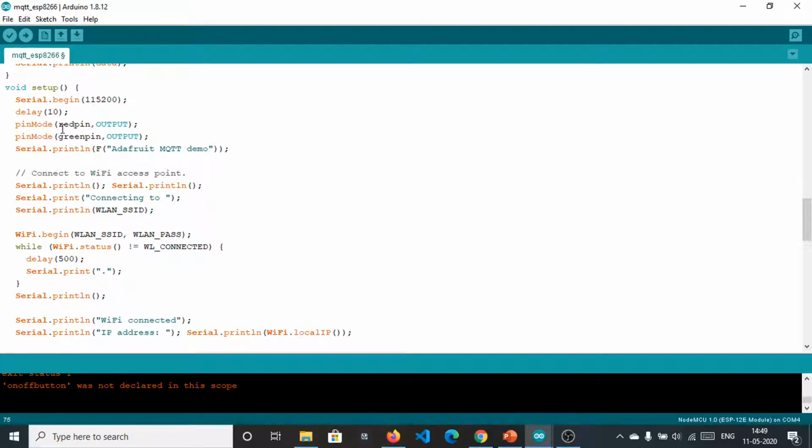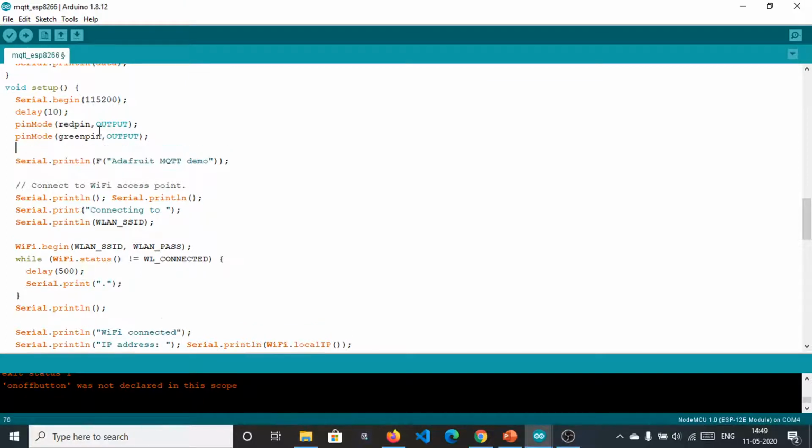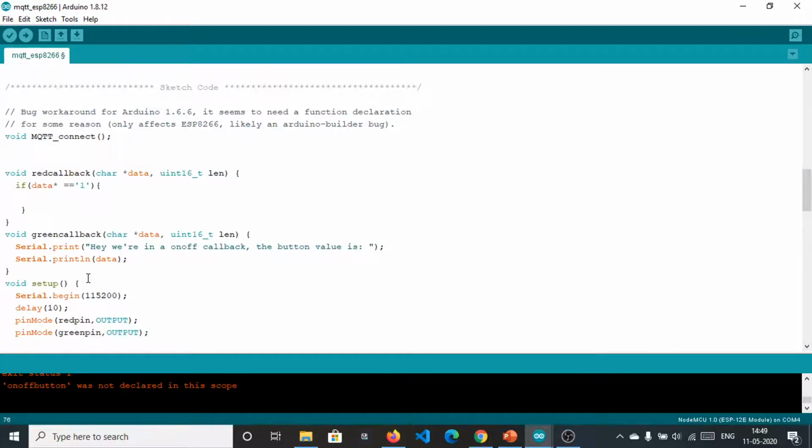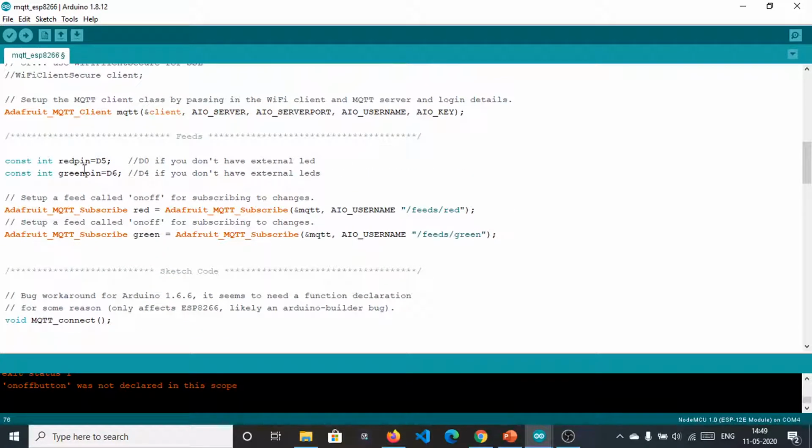If you are using any button or similar kind of input devices, you will define it as input. And if you need to send data from NodeMCU to Adafruit, then you will definitely use some device which will enter data or send data. You could also use some sensors. So everything is defined right now, I think. Green pin, red pin, okay.